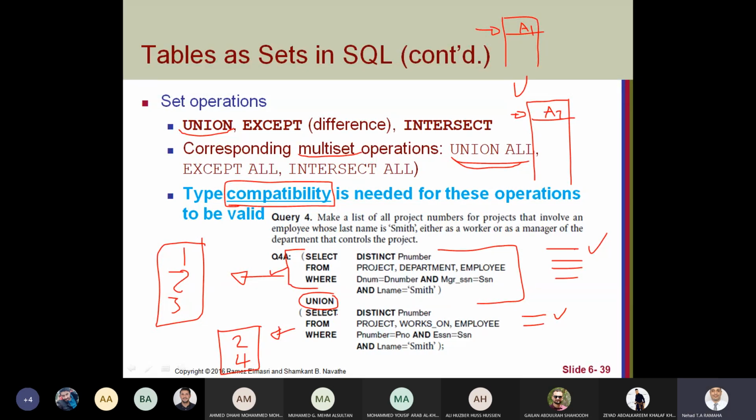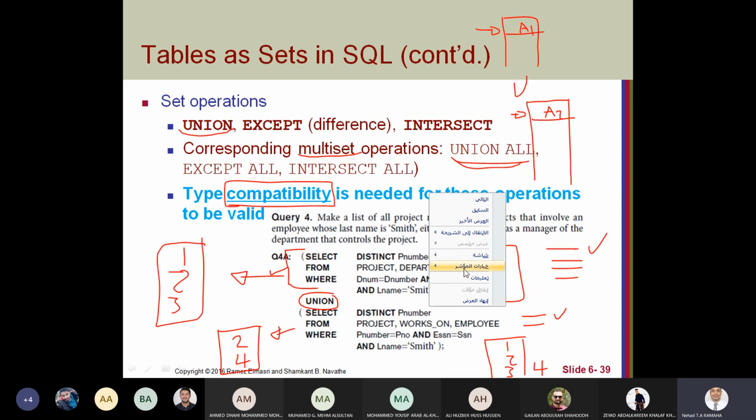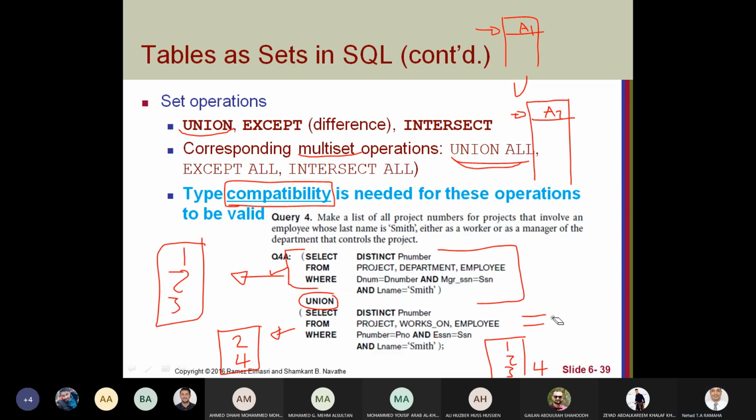Because you make union, the result will be 1, 2, 3, 4. But if you make union all,